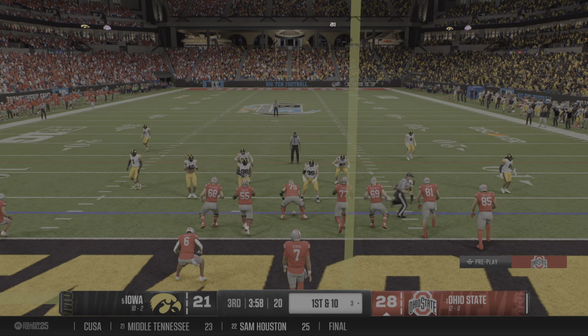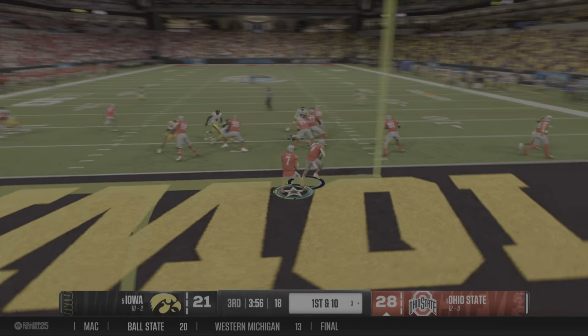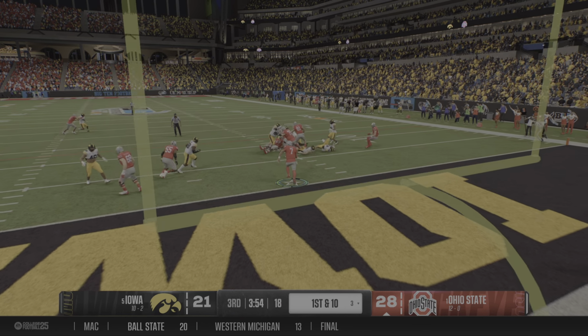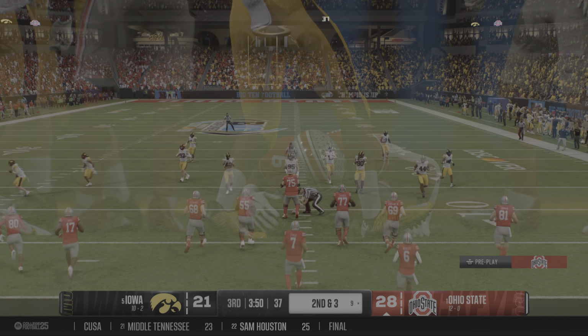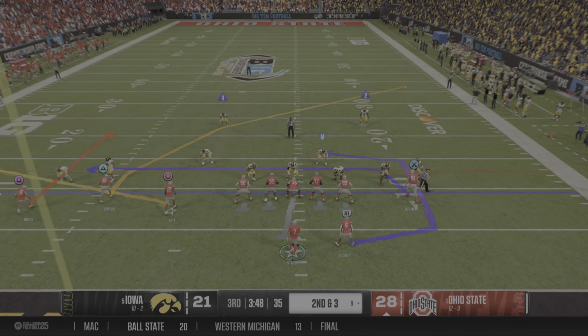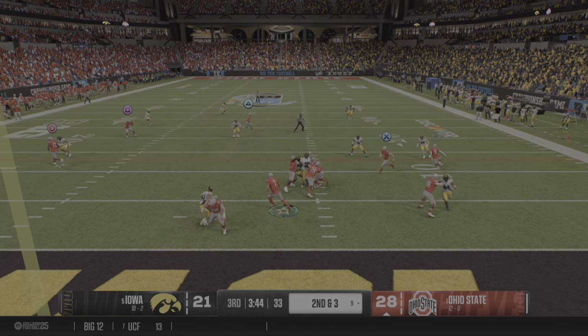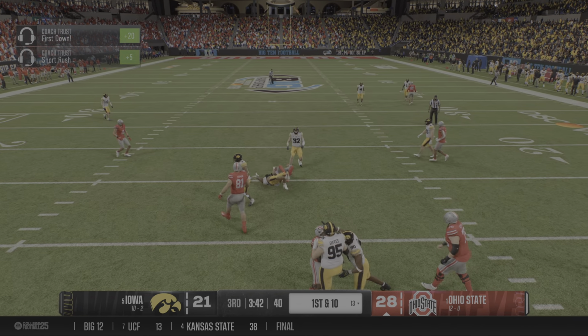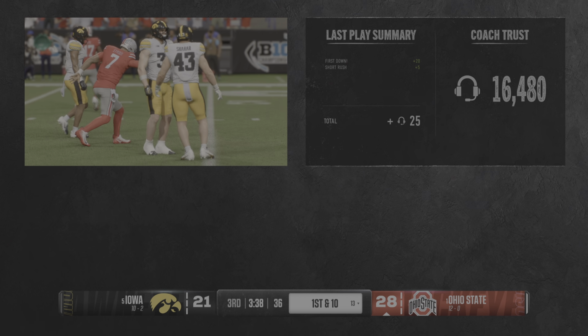Okay, here comes the Ohio State offense back on the field. They had it going on the last drive, but it ended abruptly with the interception. Let's see what they can do here. And he's able to find some room before they finally bring him down. 2nd down after that run on the previous play. And the quarterback looking to make a play through the air. Escapes the pocket. They bring him down, but not before he moves the sticks with a 1st down gain.